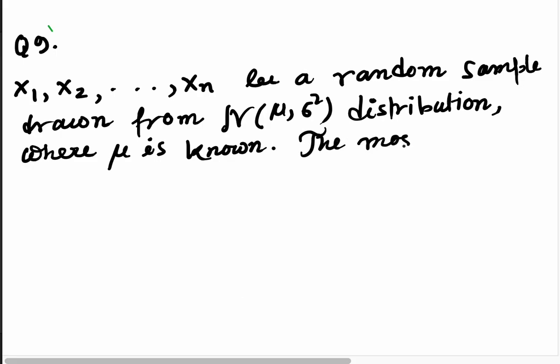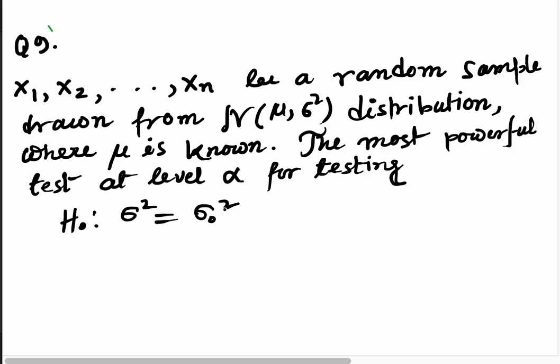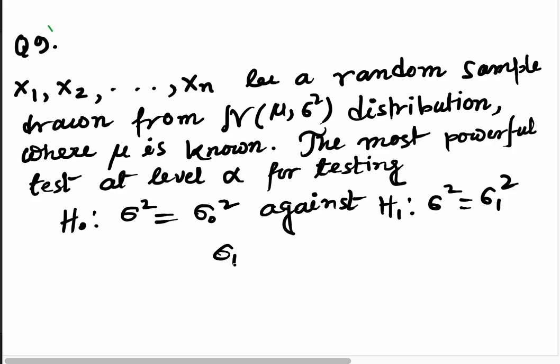The most powerful test at level alpha for testing H0: sigma square equal to sigma 0 square against the alternative hypothesis sigma square equal to sigma 1 square, where sigma 1 square is less than sigma 0 square, is given by